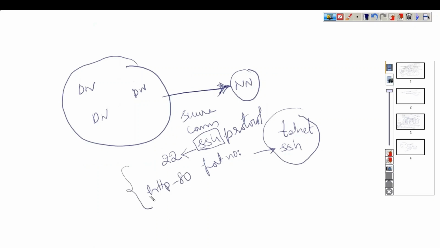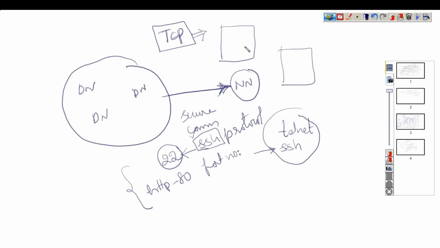That means every communication in a network should go over some protocol. What is the protocol on which the systems communicate? The basic protocol, on top of which all remaining protocols run, is TCP, the Transmission Control Protocol. If something has to travel in the network, it should be done through some protocol. That is compulsory. Remember that point, and each protocol will have some port number.